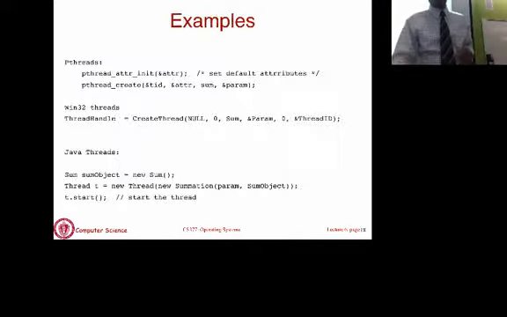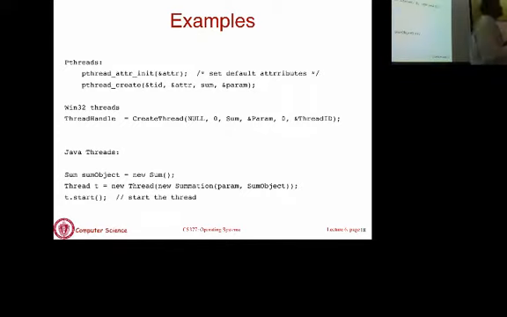Okay, so here are some very small snippets of code to show you how to create a thread on three different platforms. In POSIX threads, you call pthread_create. That's the call you make to the library to create a thread. In Win32 threads, you call a function called CreateThread. In Java, you just call new Thread. You do a new on Thread, and that will give you a new Java thread. And then you have to start the thread in the next stage.